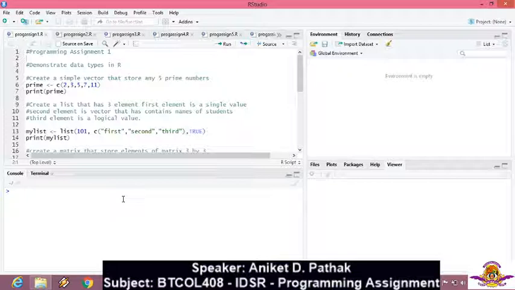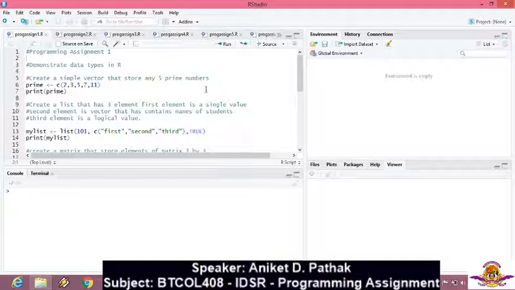Now let's begin with our programming assignment on demonstrating the data types in R. As we know, different programming languages such as C, C++, Python, Java and many more each use a particular type to represent the type of information that will be utilized while programming.